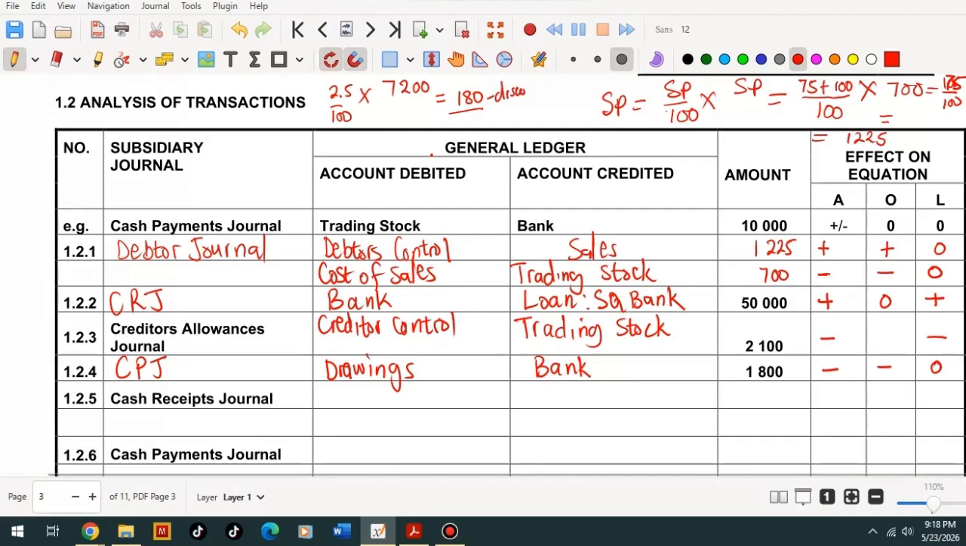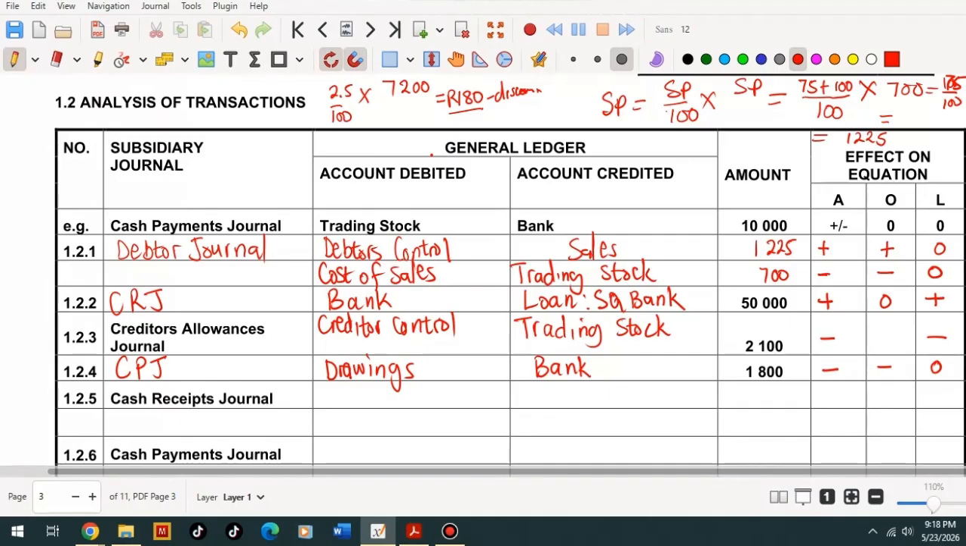What it means is the business gave a discount to Vion of 180 rands. So how much did Vion pay? Vion paid 7,200 less 180, which gives 7,020 rands. So to show this, we go to the cash journal. How are we going to show this? The bank